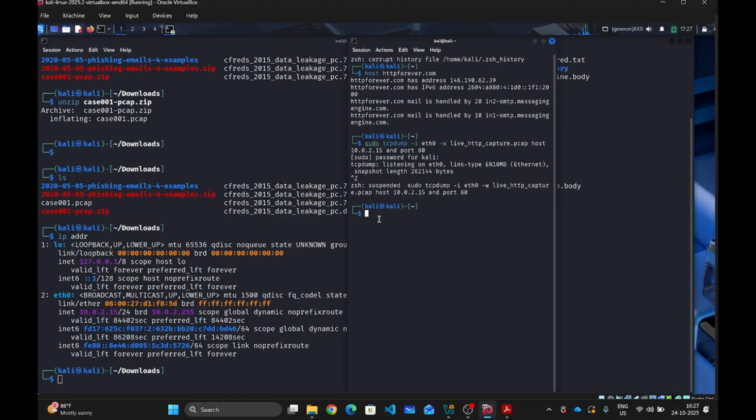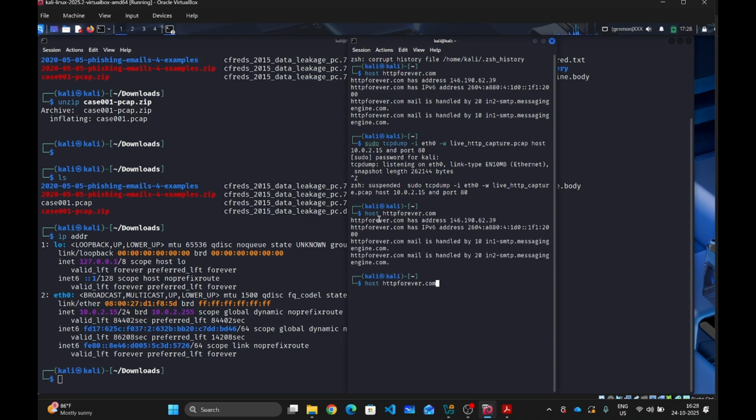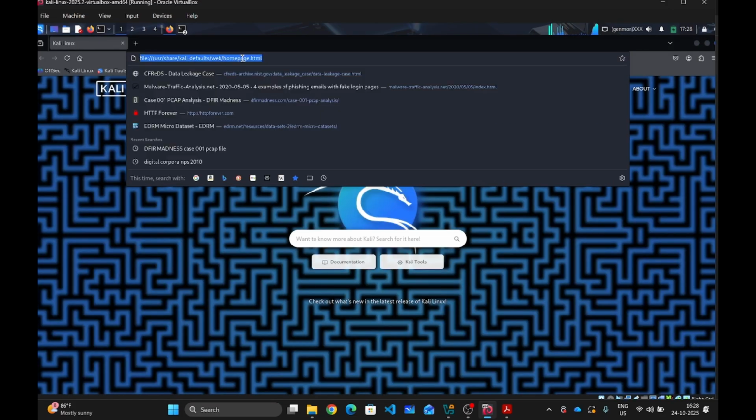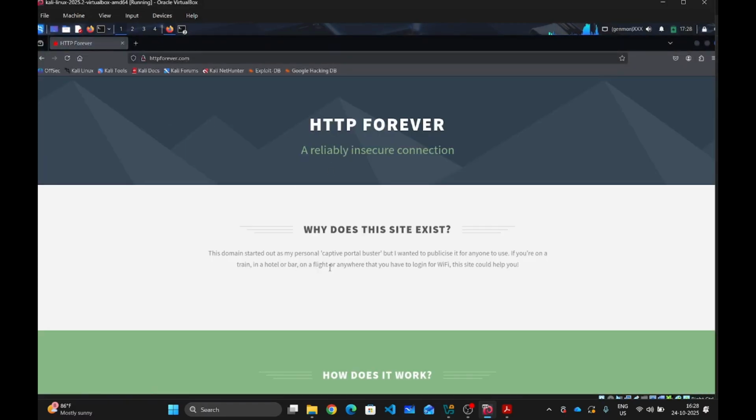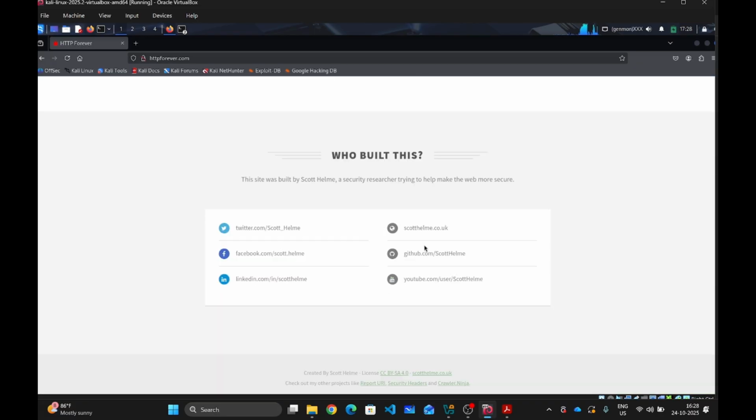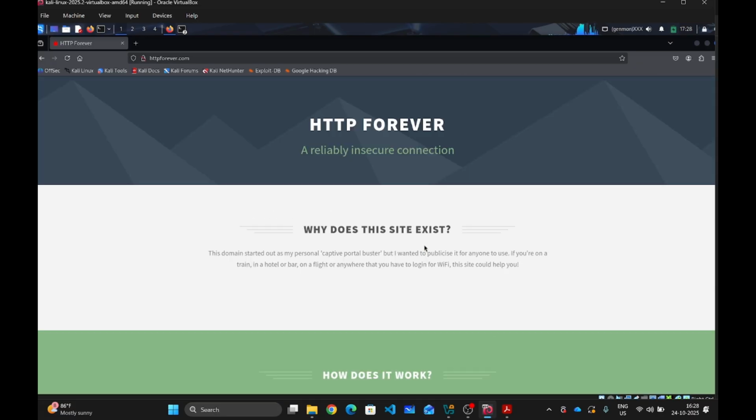Sorry, my bad. I forgot to close the tabs previously, so let me just run the commands again. So now eth0 is listening for the connection. I'm opening my browser, and then I will go to this website httpforever. So once this site is open, you can just keep it open for like 30 seconds or 1 minute,